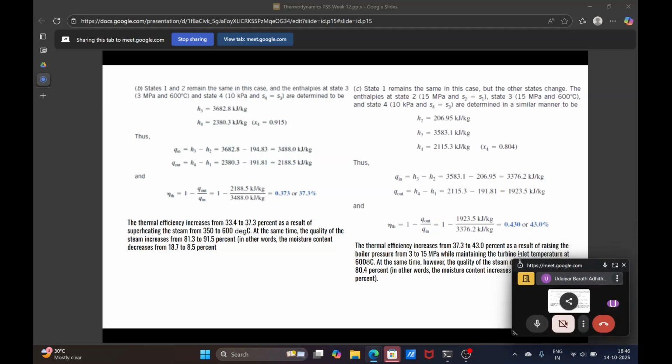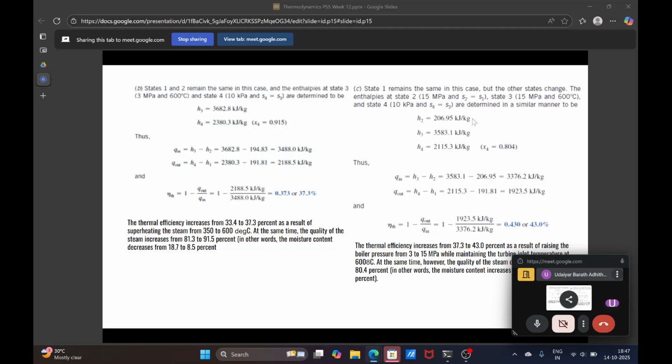And then if we are increasing the condenser pressure to 15 megapascal, in this case H1 will remain the same, but the other enthalpies will vary. So we need to evaluate using the same process which we did in part A of the question. So we'll follow the same to estimate each of the enthalpy values. So from state 2, instead of 3 megapascal, now it has jumped to 15 megapascal. So the enthalpy at exit of the pump will now be